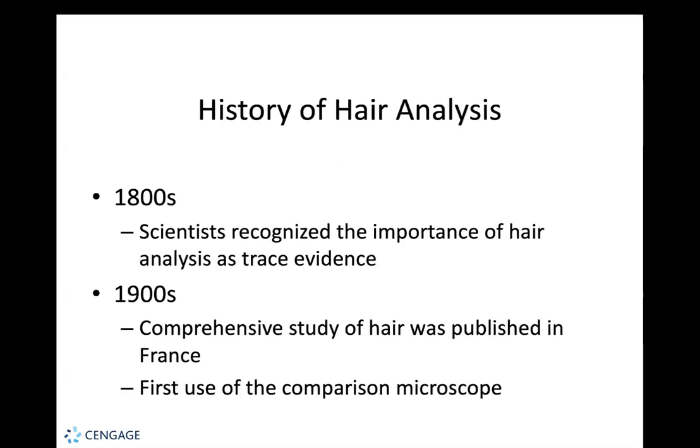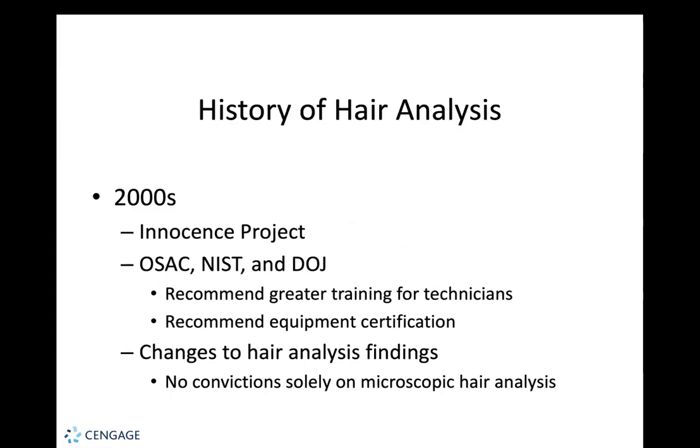So the history of hair analysis goes back to the 1800s, when scientists recognized the importance of hair analysis as trace evidence, meaning that they were able to identify these little hairs that were left behind at a crime scene. With the onset of the microscope, this allowed for a more comprehensive study of hair, which was published in France in the 1900s. And we could fast forward to the 2000s, where the Innocence Project, which is focused on doing DNA analysis,